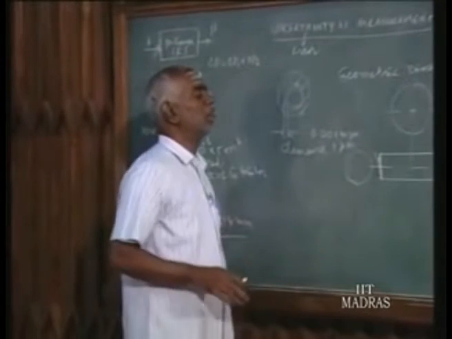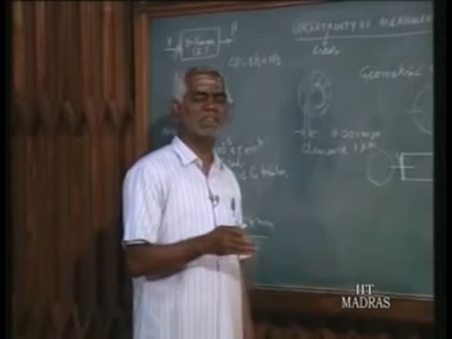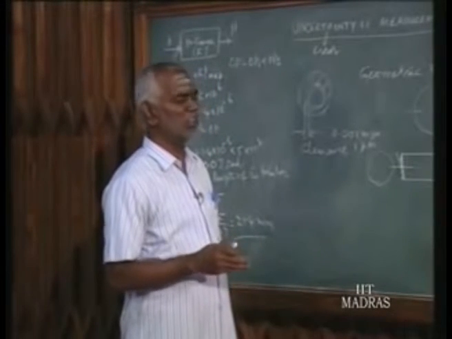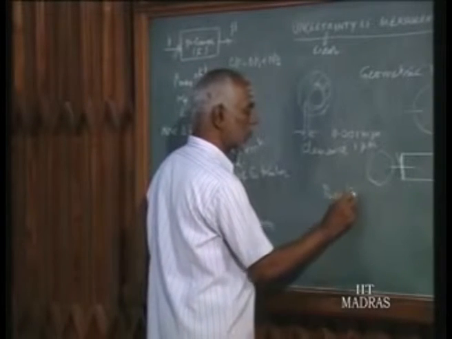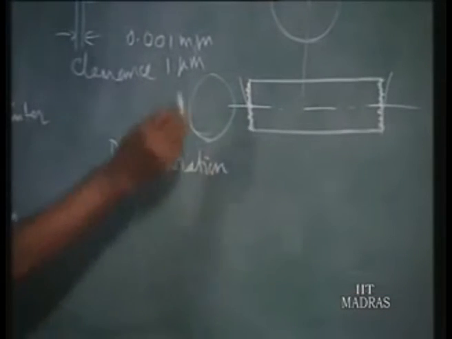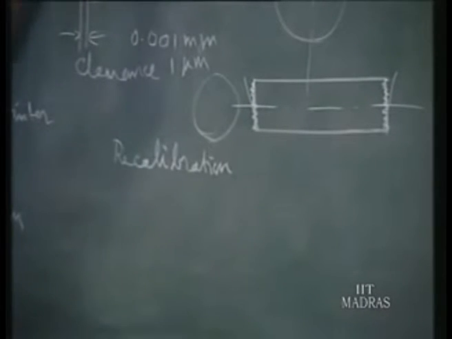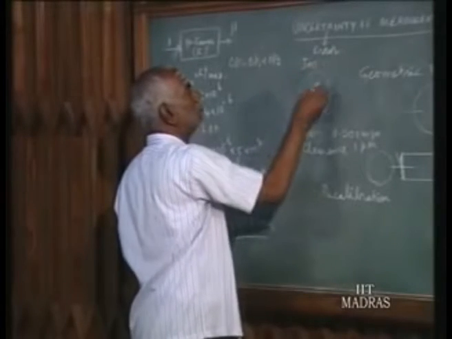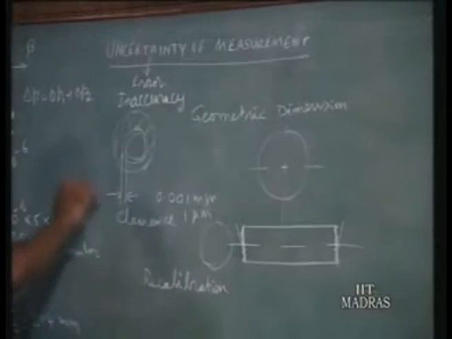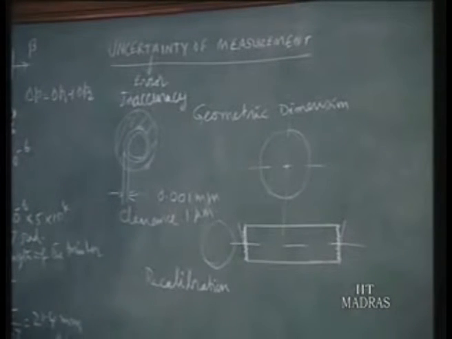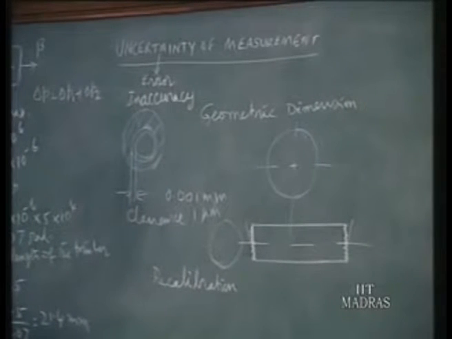Now another point is, after using an instrument for a number of years, the calibration of the instrument might have shifted. So after a few years of usage, that instrument requires recalibration to update the accuracy, uncertainty, error, or inaccuracy. These are all analogous terms representing the same phenomenon. So we have to recalibrate the instrument, to check whether the error or uncertainty the manufacturer claims is still valid today.